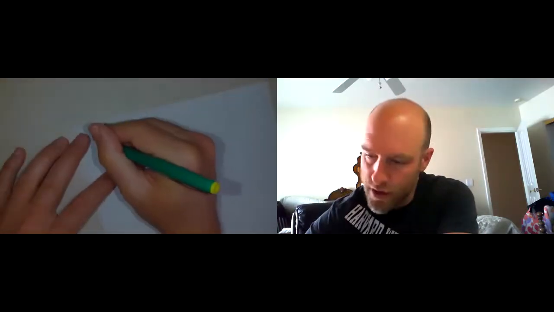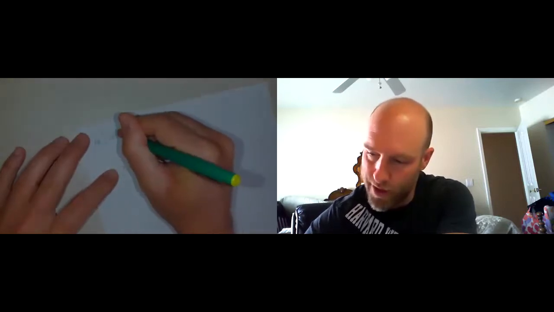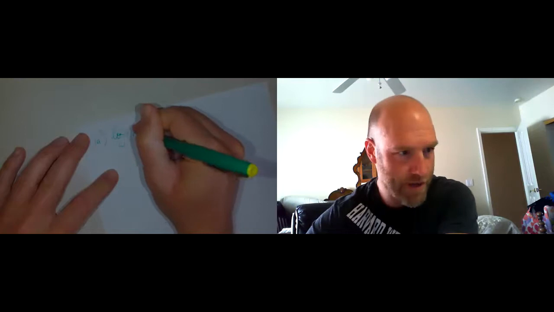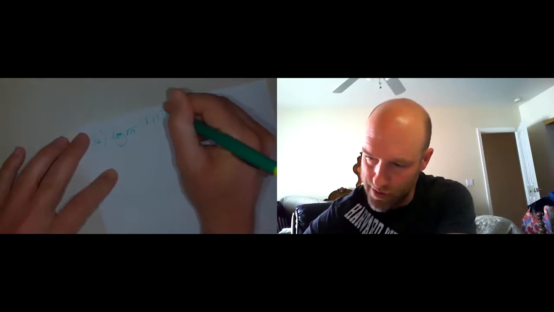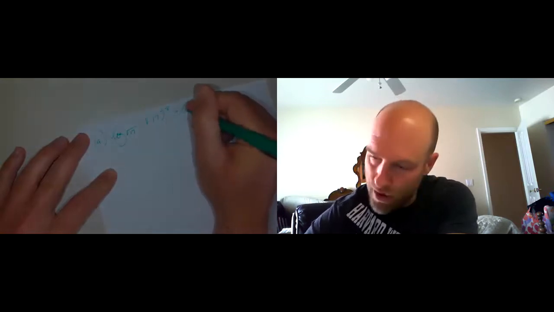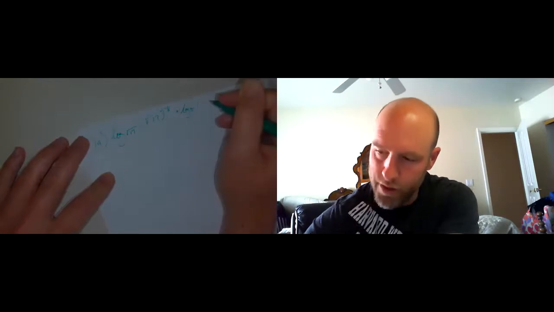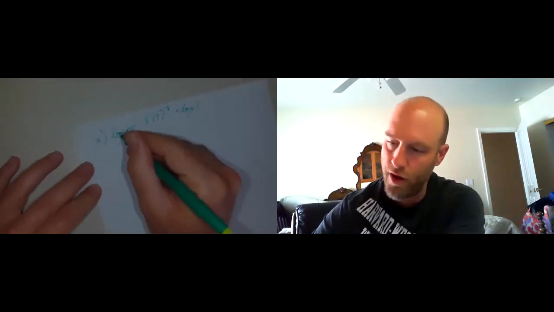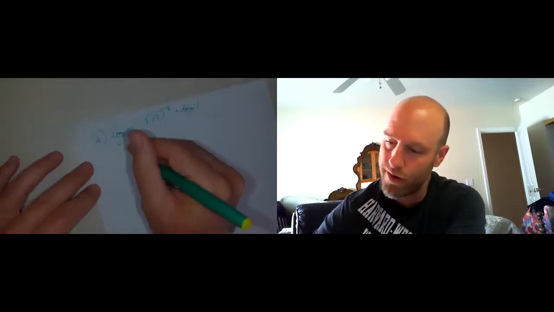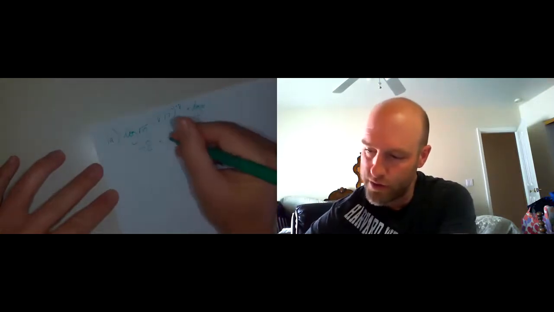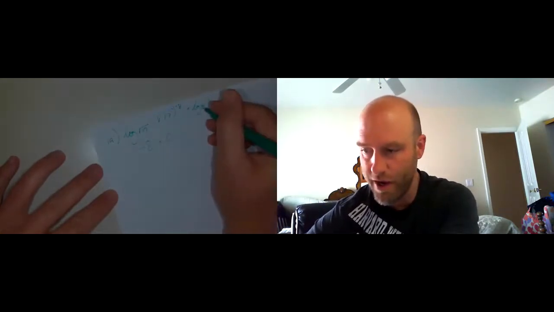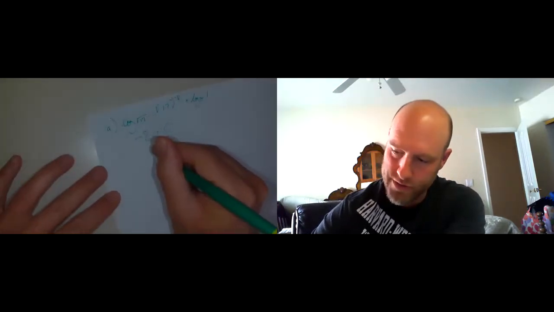Hey everyone, I'm just going through the problems in that packet that I sent today, starting with number 1A, where I have the log base square root of 17 of square root of 17 to the negative 8, plus the log base pi of 1. They're just being a little tricky here. Log base anything of anything to a power is just that power, and the log base anything of 1 is always just a 0, because we're really saying pi to what power equals 1,